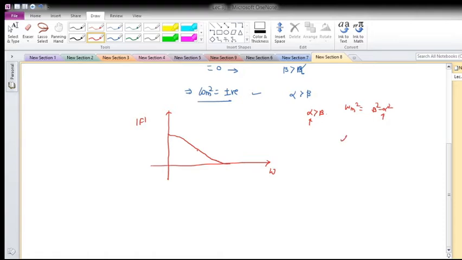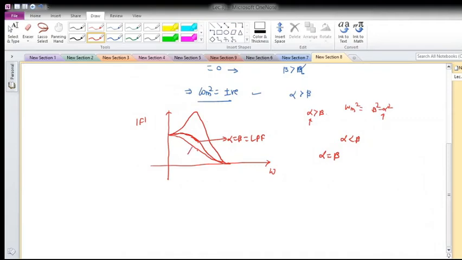When alpha is less than beta, omega m is positive, and we can observe that there will be a peak. And what happens when alpha is equal to beta? Then omega m is 0, so you get the maximum at omega equal to 0, and the response monotonically decreases this way. With this you can obtain the maximal flatness. This kind of behavior is basically the behavior of a low pass filter.